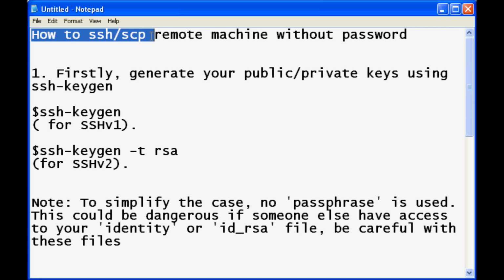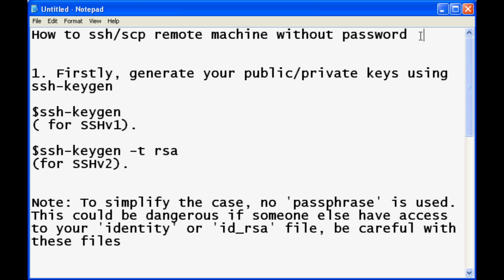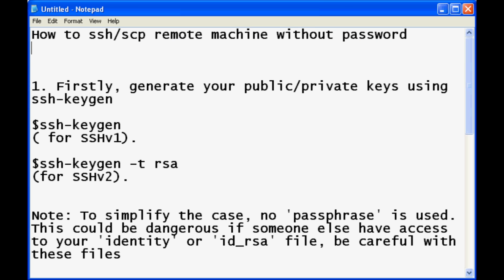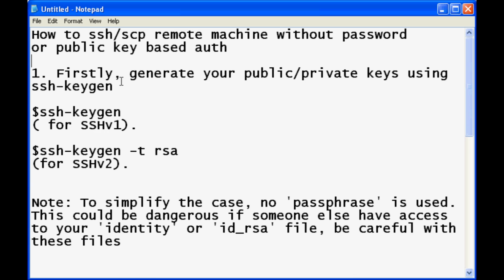Hello and welcome everybody. Today I'll show you how to SSH without a password, or automate your SSH session using public keys. By doing this configuration, while you're doing your SSH, you will not need a password to log into